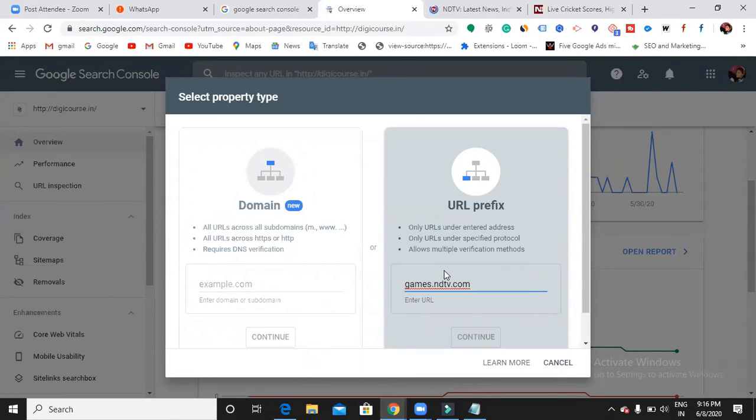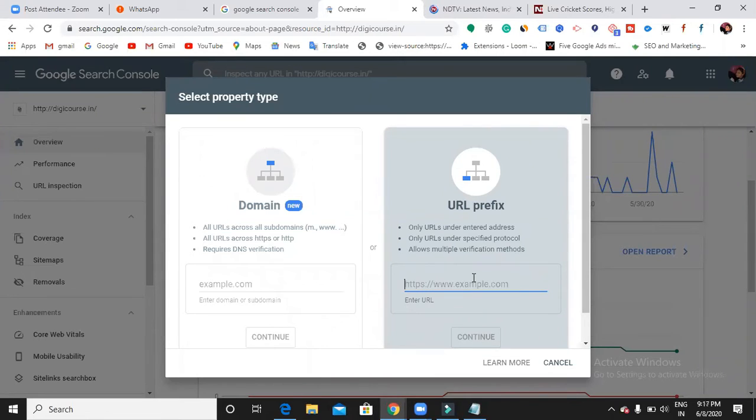Got it now? If you have only one website without any subdomains and without any protocol variations, you can happily choose URL prefix. If your website is like ndtv.com, consisting of multiple subdomains connected to the original website, and you don't have time to crawl each and every subdomain, then you can choose the Domain option. Did you understand now? You should be aware of these two things while using it.